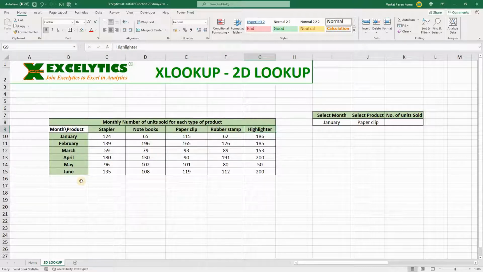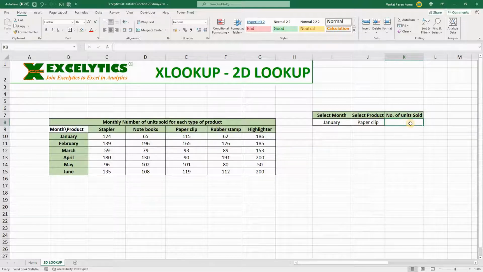I have a small table here and I have added data validation for the month list and the product list. If I select January month and if I select paperclip here, I need to get this 115 here. So using XLOOKUP, how can we get this two-dimensional lookup result?